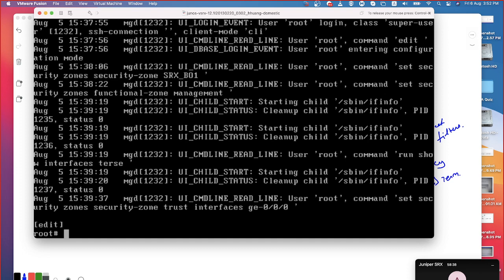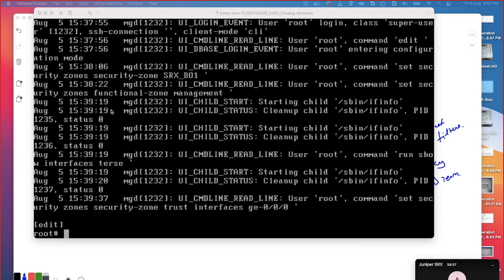You understand, right? Okay, so that's what you need to practice and explore them. You will be able to understand things in a better way. Now, if you want to push the logs to a specific syslog server, you can do that also.